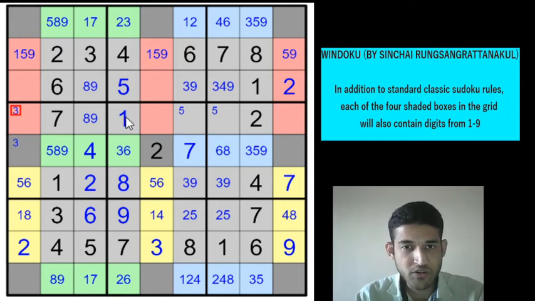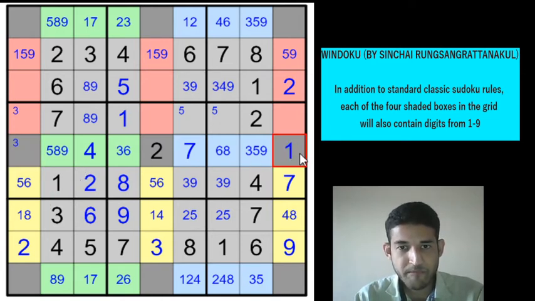And using classic rules, we have a 1 in row 4 column 4 and a 1 in row 6 column 2, so 1 has to be in this cell, which means that 1 cannot be in any of the grey cells, right? But there is no 1 anywhere in the grey cell to help us. But we can focus on this cell now. 1 cannot be here, it can only be 7, 8 or 9. Let's pencil mark them, because 1 we have marked here, so 1 cannot be in this grey cell.